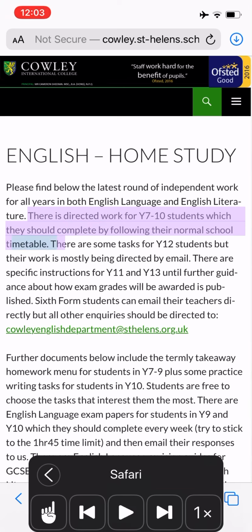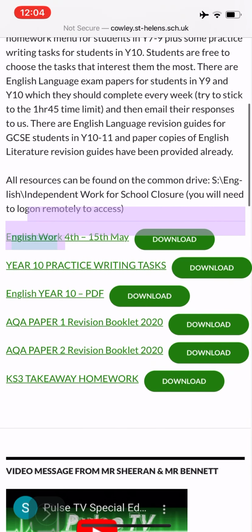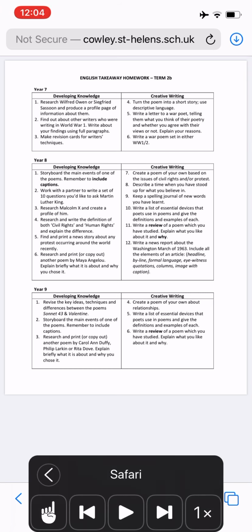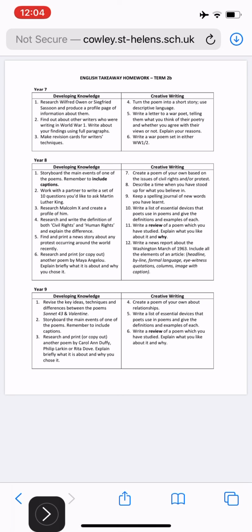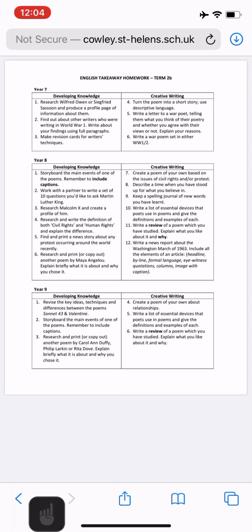So as you can see, that's highlighted purple, which is what we'd set, so that's good, and it means that you can pause it as well. Okay, now if we were to just close that down and then show how it works on a downloadable format. The cut and paste option doesn't work here. Again, it's probably just how it's uploaded, but you've still got the option here of this black button. So it says Safari there. What it's probably going to do is read the page that we were previously on. So if you basically tell it that you now want it to read the page that you're currently on, you press this little button here